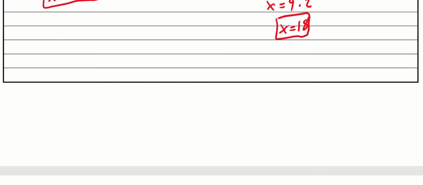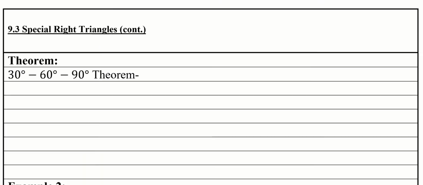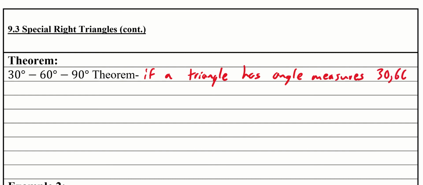Okay, so another special right triangle that we have here as well, another one that we went into with the lab, is a 30, 60, 90 triangle. Okay, so the 30, 60, 90 theorem says this. It says if a triangle has angle measures 30, 60, and 90, then what I can say here is I can say then it will have side lengths, and these are a